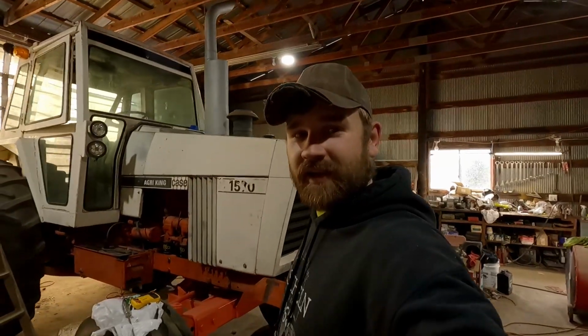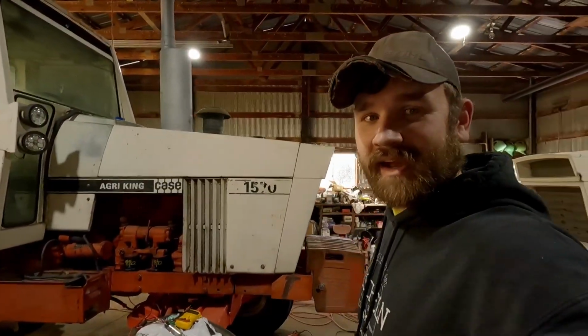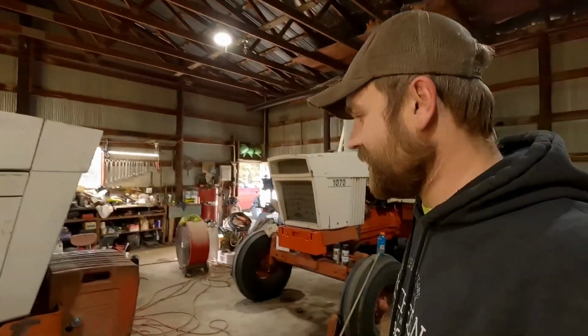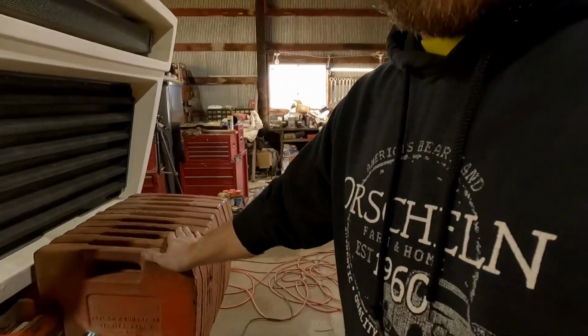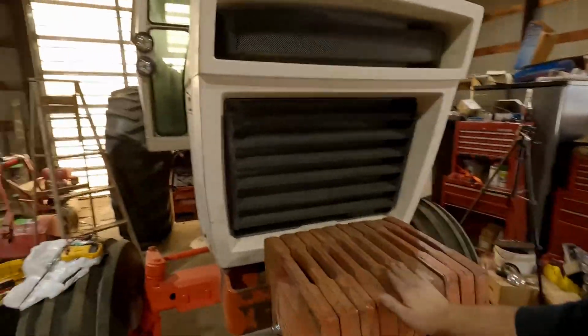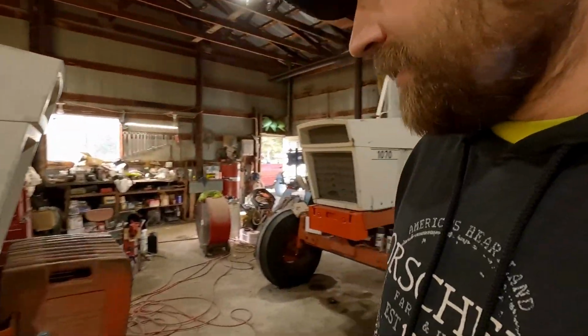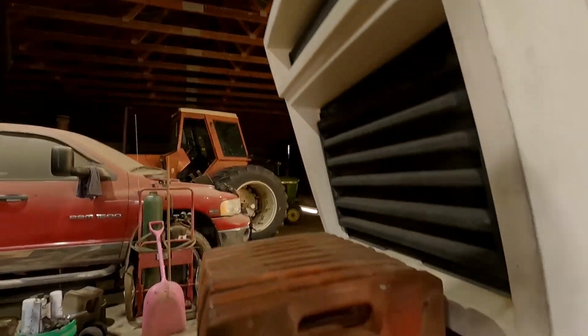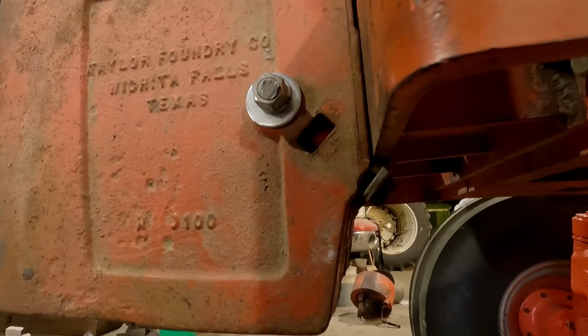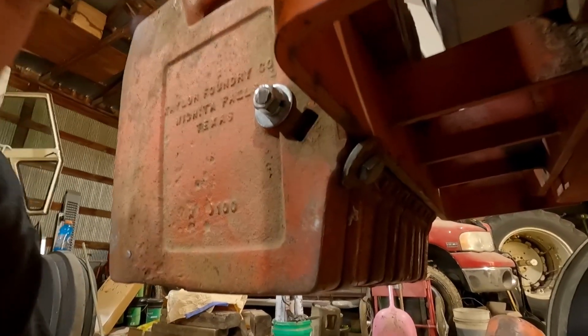Alright everybody, it's been a few days later and I'm back out here gonna work on the 1570. The other day I was here and I got my weights all buttoned up. There's 10 of them going across here, and got a piece of all thread through the center of it here. And I also found a lockdown bolt and hardware to be able to get this thing locked down onto the